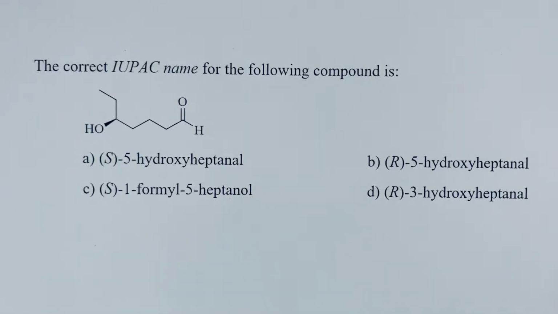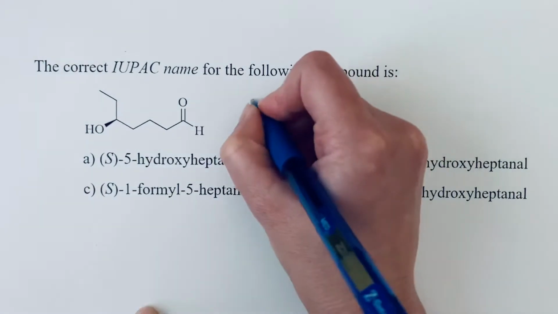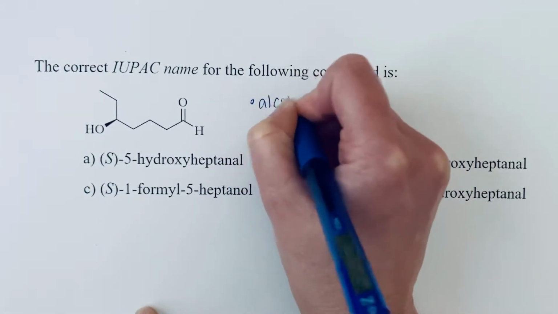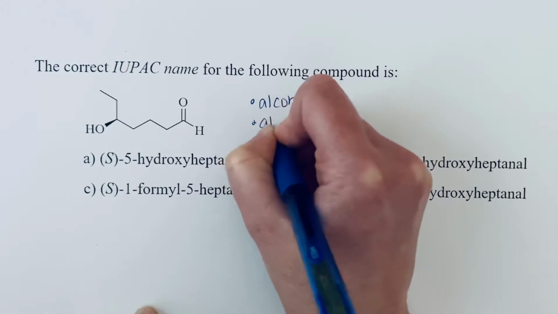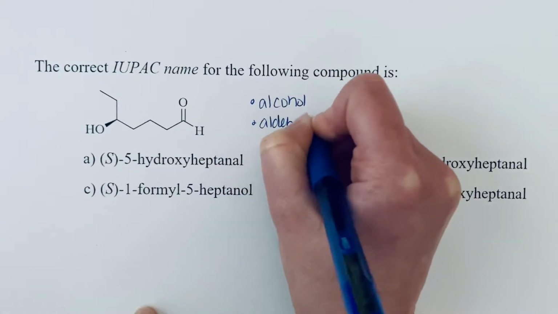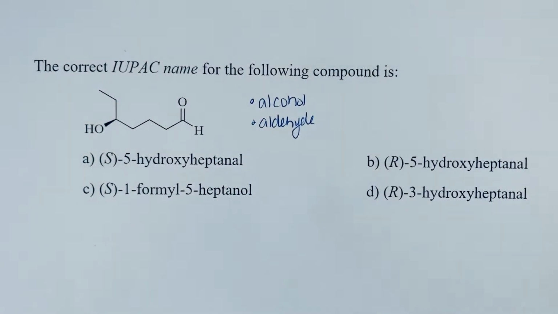Right, the correct IUPAC name for the following compound is... So we need to take a look at our compound and see what our functional groups are. And we can see that this molecule contains an alcohol and it contains an aldehyde. So we would need to know the priorities of our functional groups to know which is the higher priority functional